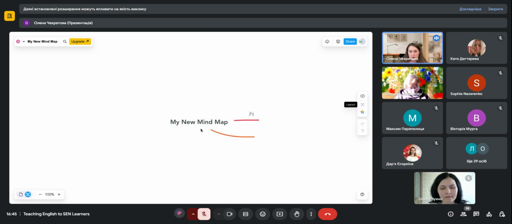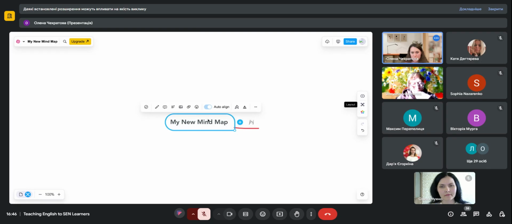You can add something here, you can add some other line, and the point is, as we have discussed before, these learners with special educational needs are mostly visual learners. They need to see everything, and it's easier for them, for example, to learn the words doing mind maps, or doing some kind of writing activity. To prepare for this writing activity, they will have to draw this mind map, and you have to use an easy tool for them, help them with that, and use a lot of different